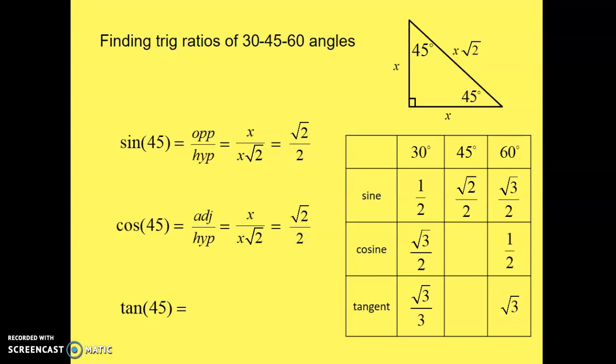And finally, tangent of 45, one of my favorites. You have the opposite over the adjacent, which is just x over x, which is not 0, but 1. All right,